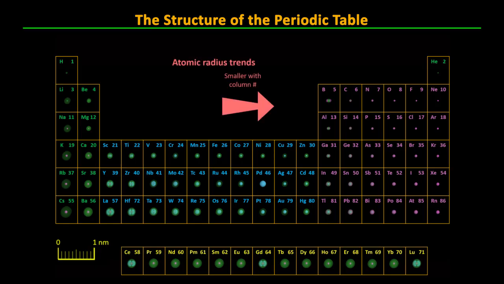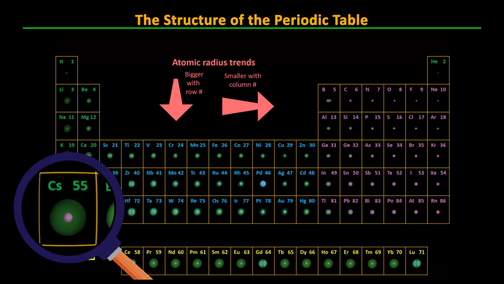As you move from left to right on the table, atoms are shrinking. This is because the positive charge of the nucleus increases with atomic number and the electrons are being pulled closer and closer to the center. If you look down the first column, however, you see a steady increase in radius. This is because the first element in each row is the first to populate a new energy level with a larger average radius in the radial distribution function.